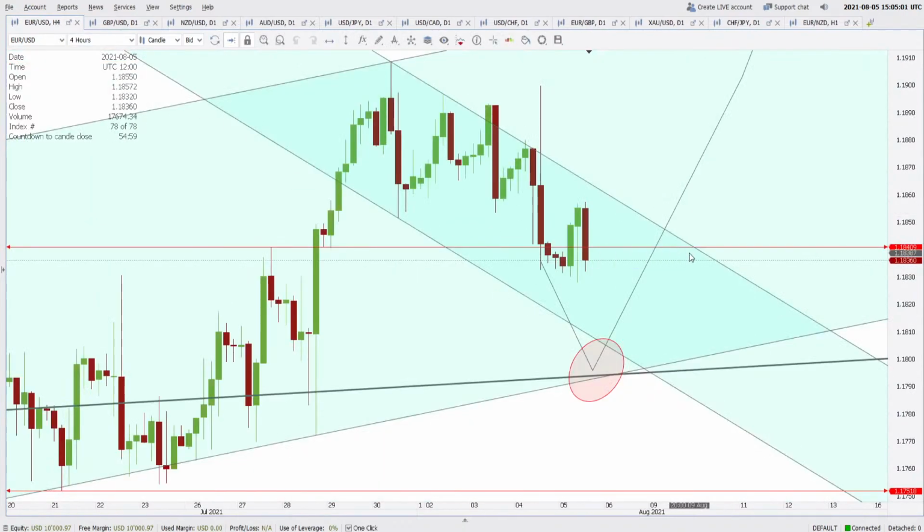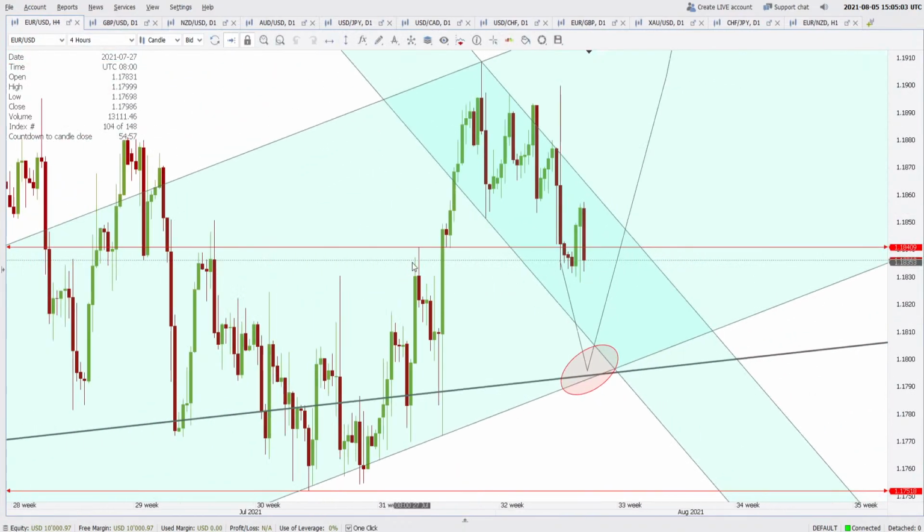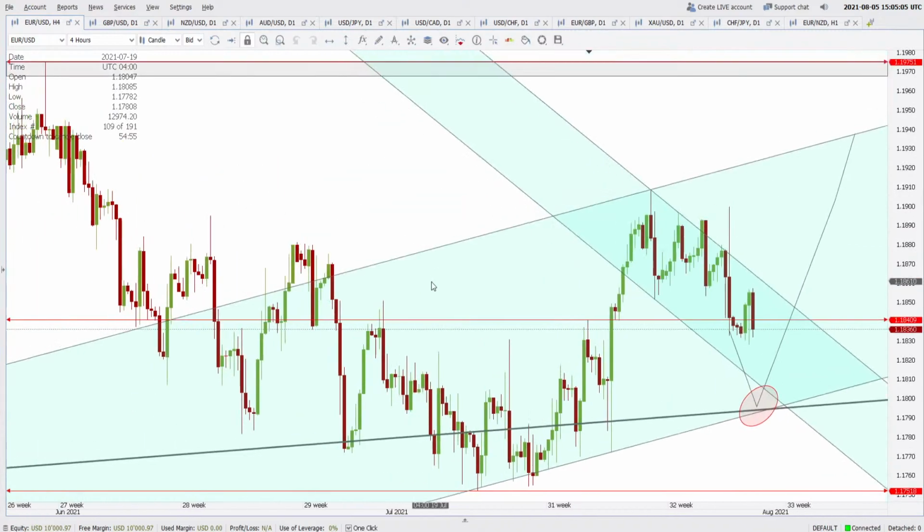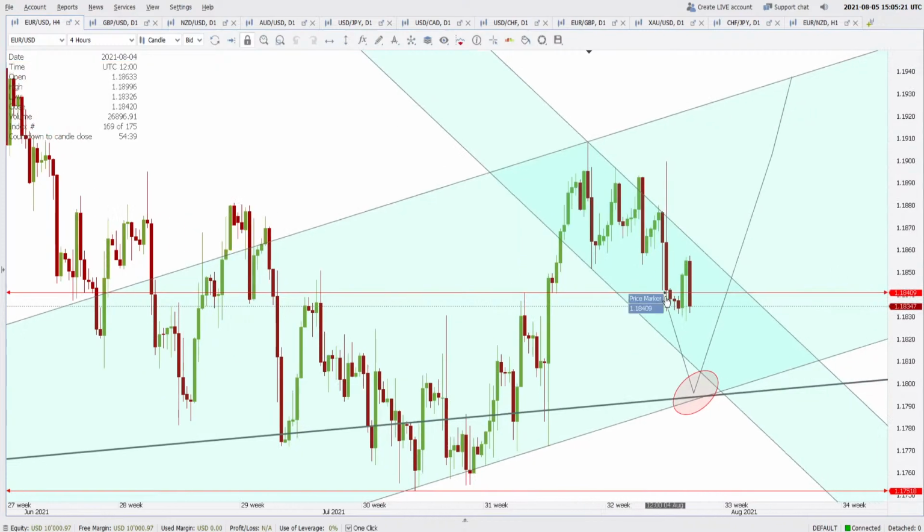I'm switching it to 4 hourly. You see how this area, which was the previous area of interest, was a support here, resistance here, and again resistance here. The price could not close above this level. Again it was acting as a resistance, and finally when the price came and closed above this, it acted as a support. And now also this area was acting as a support for the price, but no,